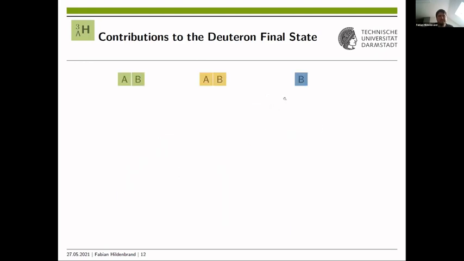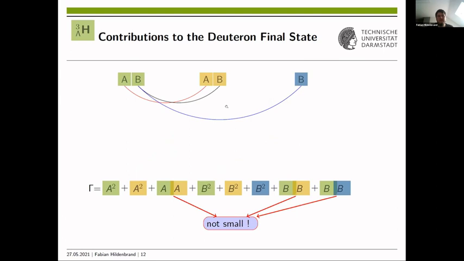We then just connect them. You get a result that the width of the system can be written as something like typical squared terms plus those mixed terms, and they are not small. This is really an important point, because at some point you might think, okay, only the squares are really relevant, but those mixed terms are really shifting the width around. If you do not include them, you will run into problems.